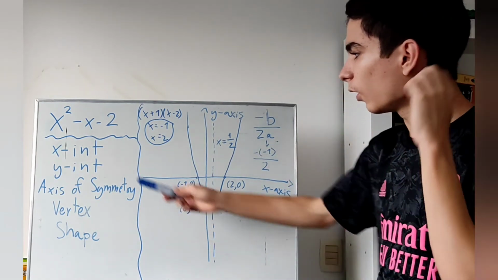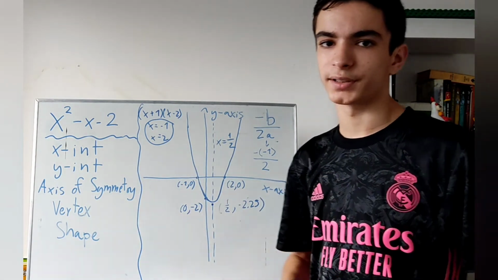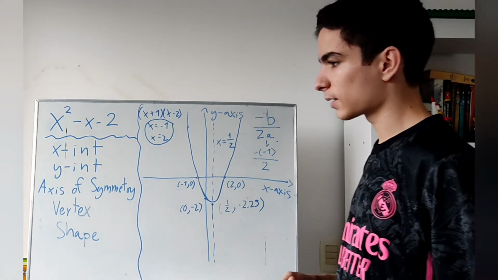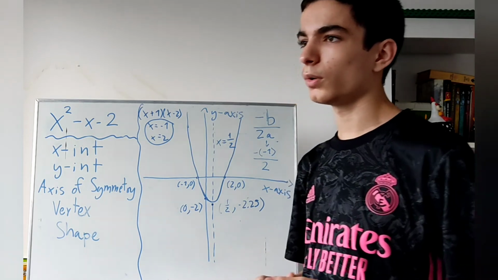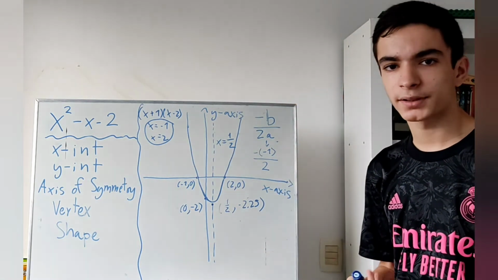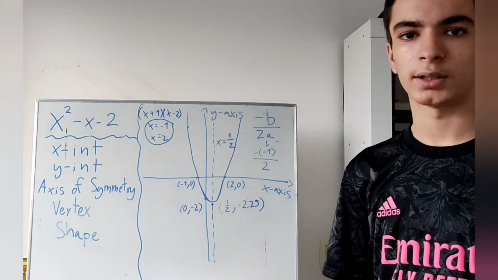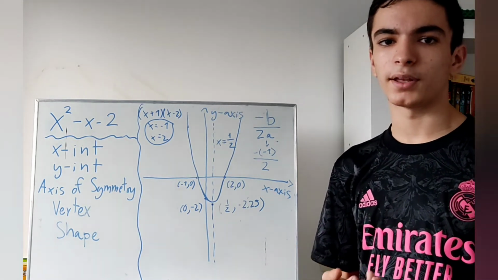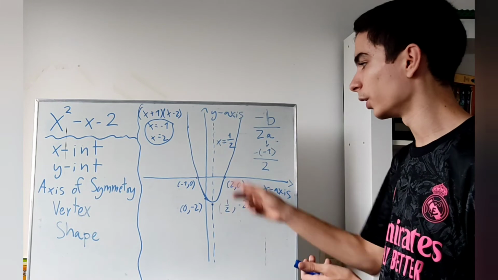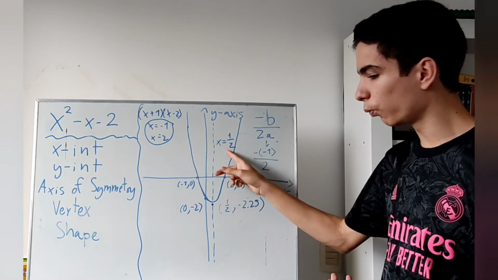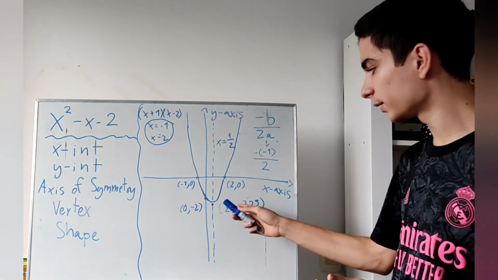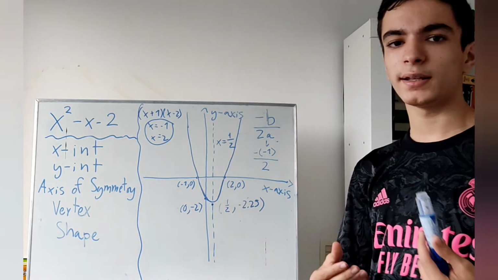And finally, all we have to find now is the vertex. Now, since we know that the axis of symmetry is going to go through the vertex, and we already know that the x value of the axis of symmetry, 1/2, is the same x value as our vertex, we can simply